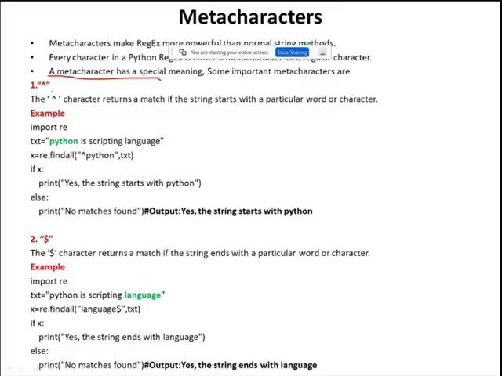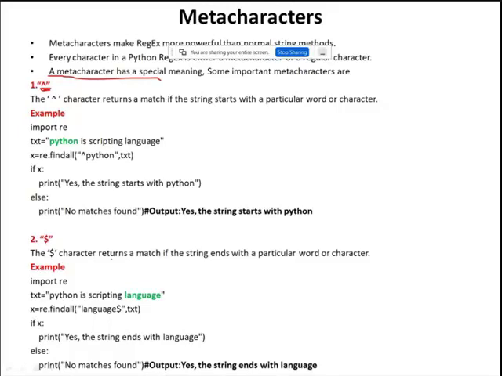The first character is the caret symbol. The caret character returns a match if the string starts with the particular word or character. So it is just the reverse of the dollar symbol. The second character is the dollar symbol.